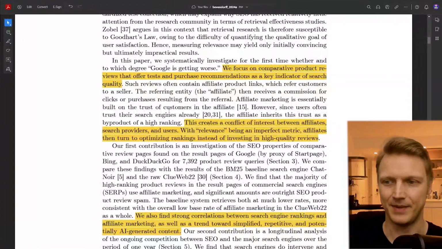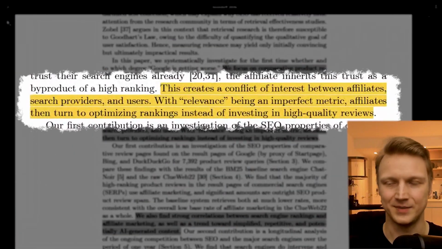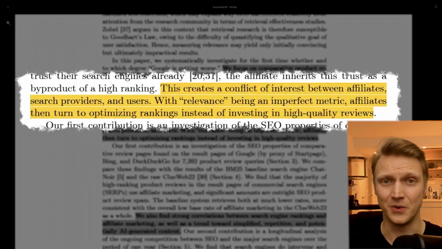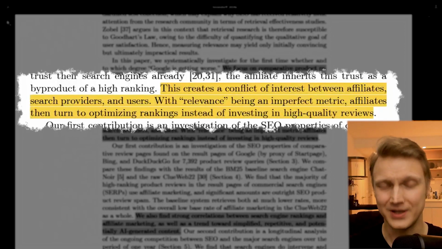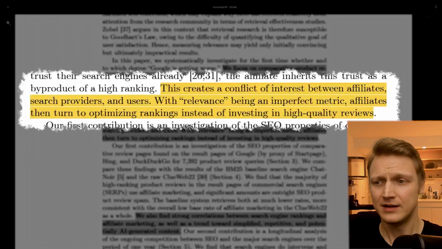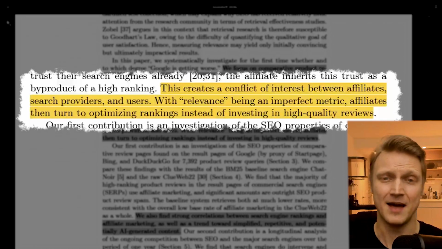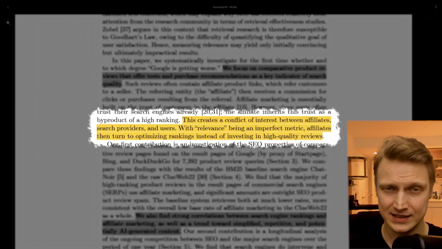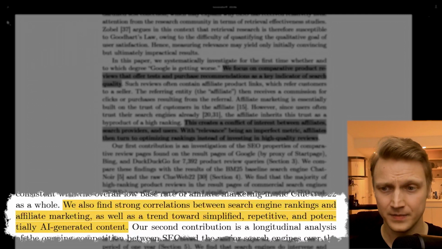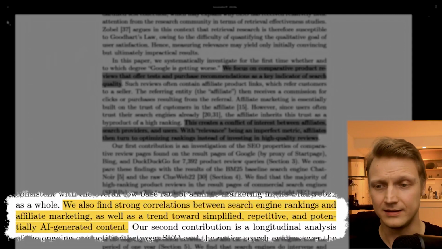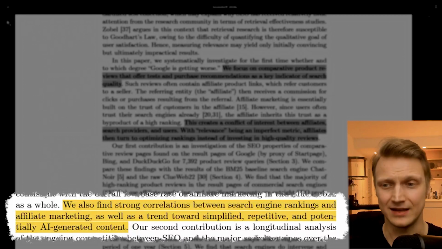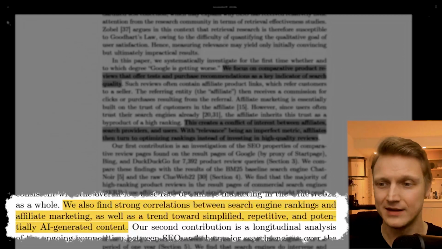This also tells us about a conflict of interest between affiliates, search providers, and users. As users, we want to trust our search engines. We kind of have to, there's not much of a choice, to be honest. So this in turn benefits affiliates by them inheriting this trust. So the only thing they have to optimize for is high ranking to get more users in. Users will be more willing to make a purchasing decision because they trust this initial source, despite the quality